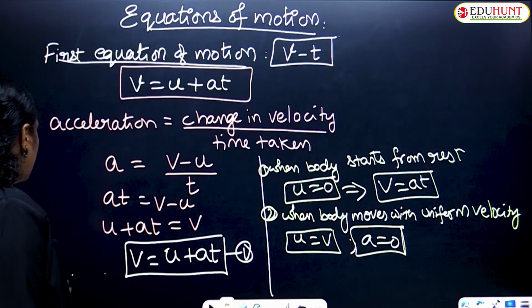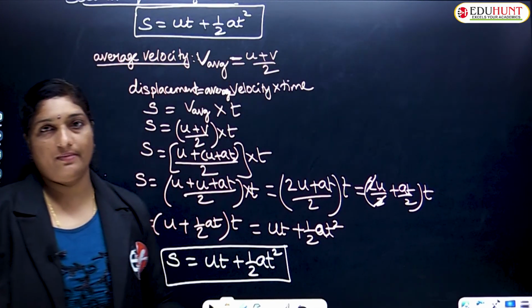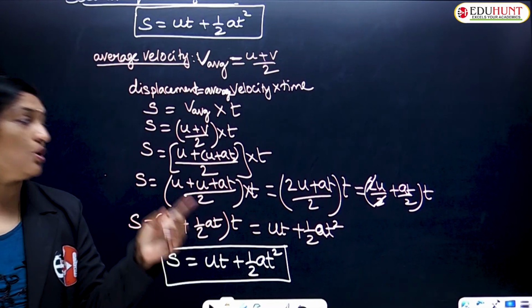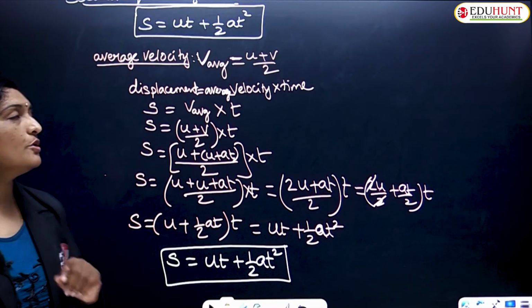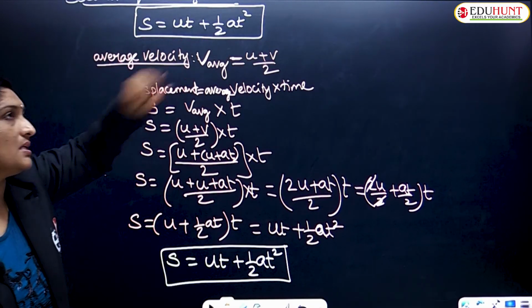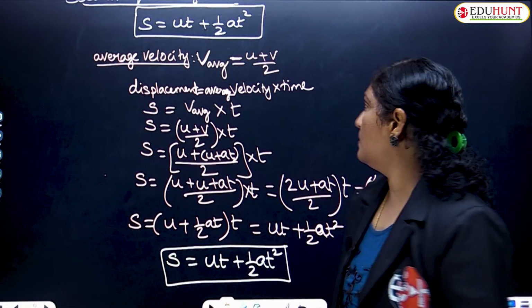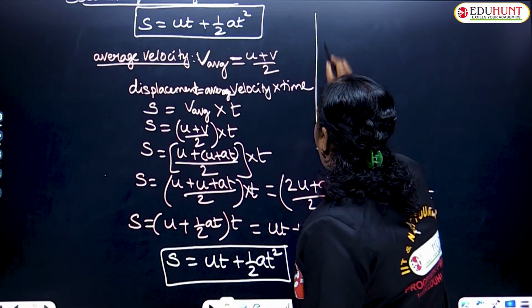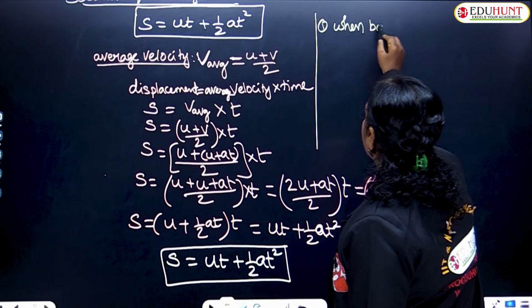u. The second equation of motion tells us the relation between displacement and time, and the formula is s equals ut plus half at square, where s is displacement, u is initial velocity, t is time, a is acceleration. Here also, suppose the body starts from rest,